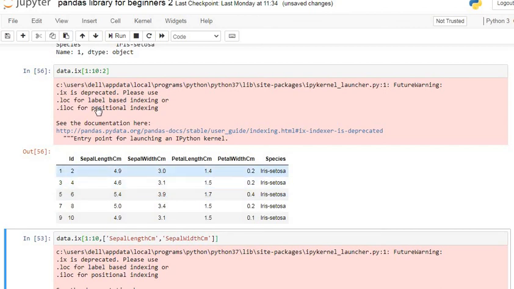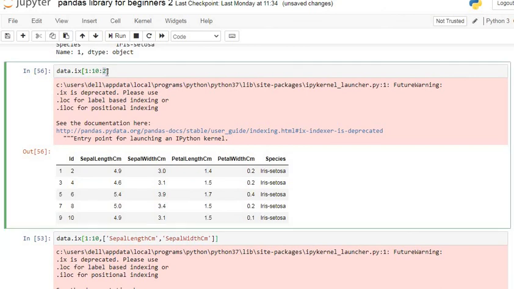Okay, 3 minus 1, the answer will be 2. You can see the third number, after the second colon, is basically the difference between the indexes. We'll get all the rows between 1 to 10 with a difference of 2.